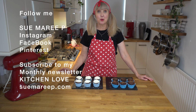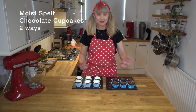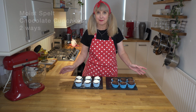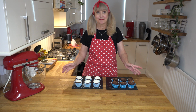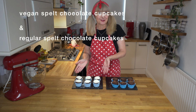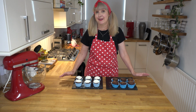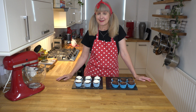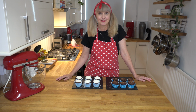Today I've got a moist spelt chocolate cupcake, but two ways. I was super curious to see if I could make one recipe, but with a few different options. And I've done it. I've got a vegan version and a regular version, but both with spelt flour. And I've also made them before with regular flour. So if you'd like to see how I make my moist spelt chocolate cupcakes, but two ways, come with me